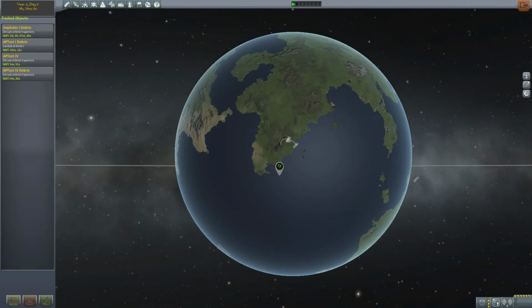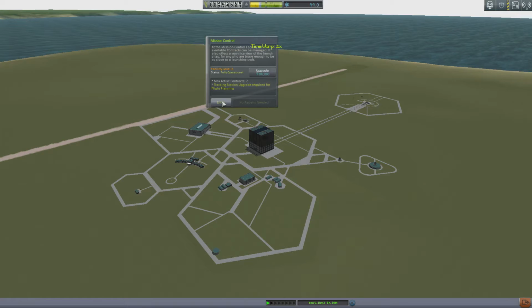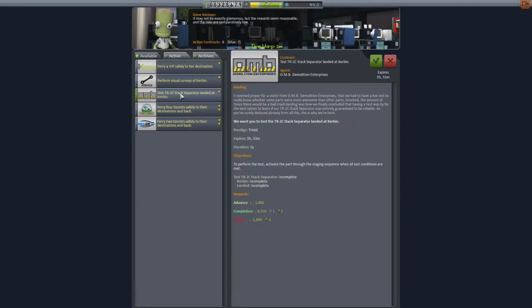There we go. And that way I can always come back. Oops, that's not actually where I wanted. I want to go to the R&D and see why, if we did or did not take that. So mission control, I want to go to, see if we did or did not take the one for the